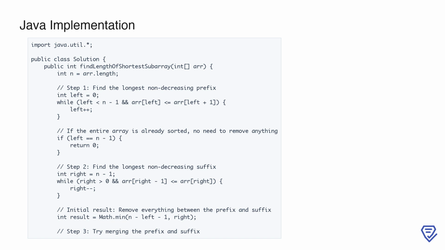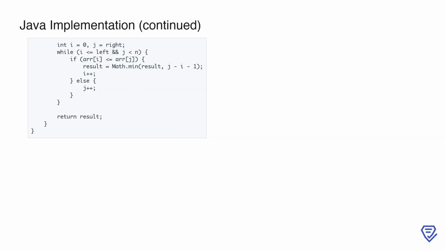At this point, we calculate an initial result by determining the minimum elements to remove to connect the prefix and suffix. This is done by comparing the length of the middle section between them with the size of the suffix itself. Now, we attempt to merge the identified prefix and suffix to minimize the size of the subarray that needs